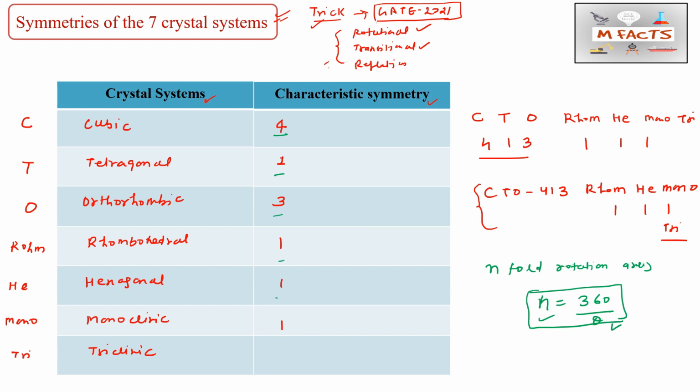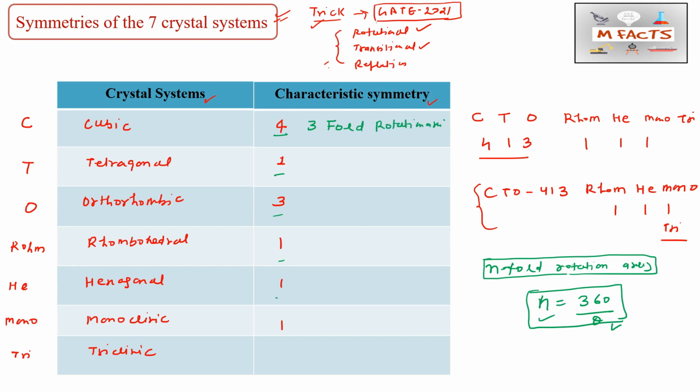413 111, this is the number of rotation for this particular crystal system. Now what we will do, we will find what fold rotation exists in each crystal system. For that, I will tell you the concept of how we can remember. Cubic means 3. So in the cubic crystal system we have a 3-fold rotation axis.